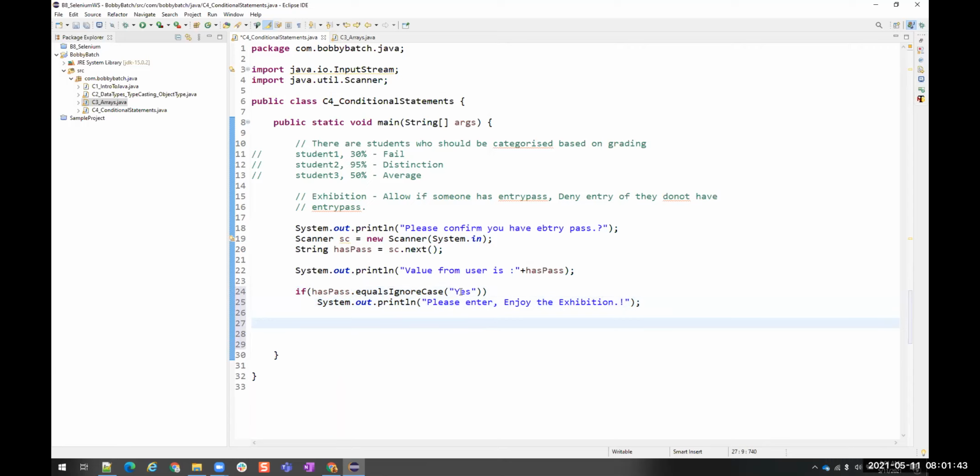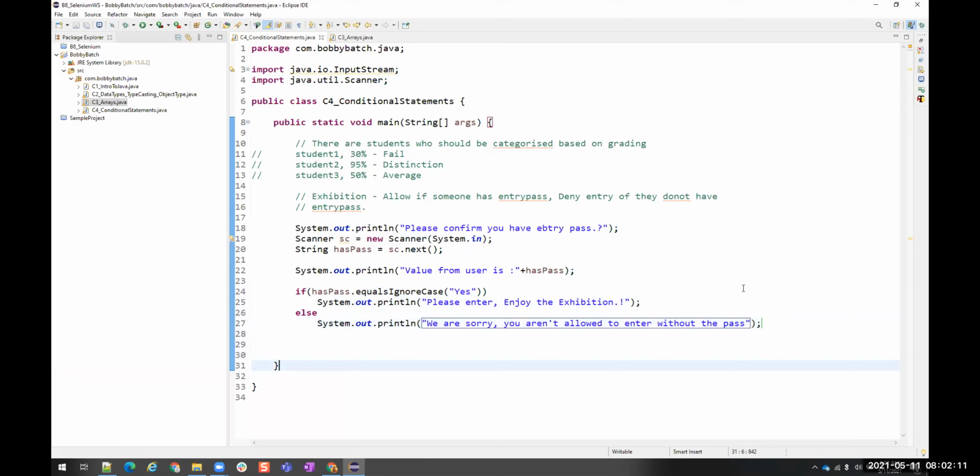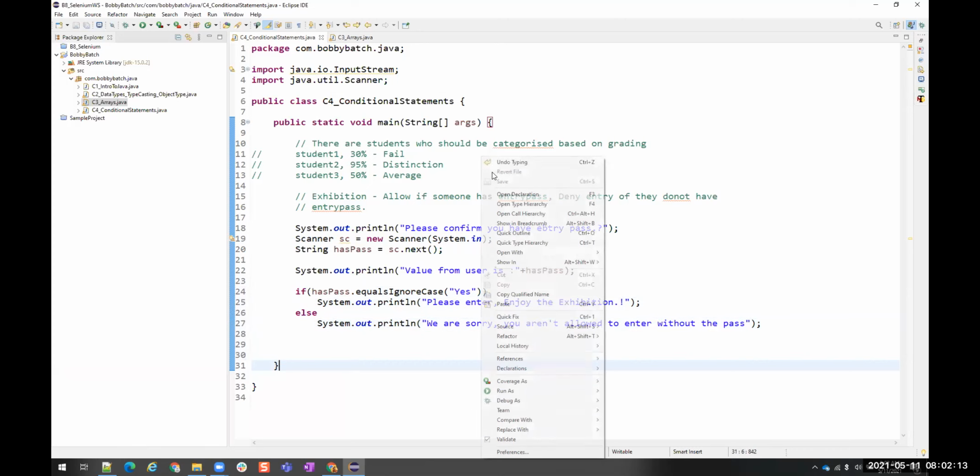Right? Okay. Else, whatever might be the value, then I have to give, you need to enter the pass. Okay. Now let's see. Let us run this.